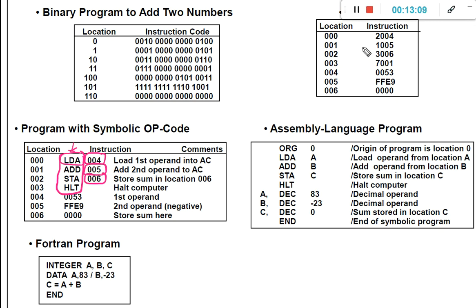Okay. So this is that code. So what is the code for load operation? Load operation and direct address. The code for load operation direct address is 2. Just in case of the binary program in hexadecimal,